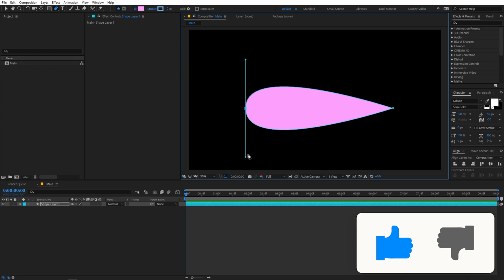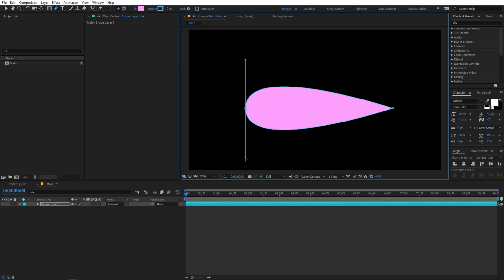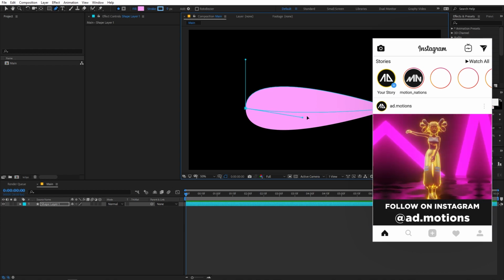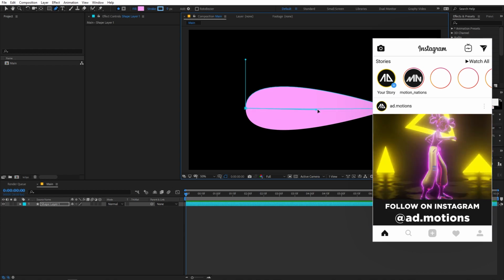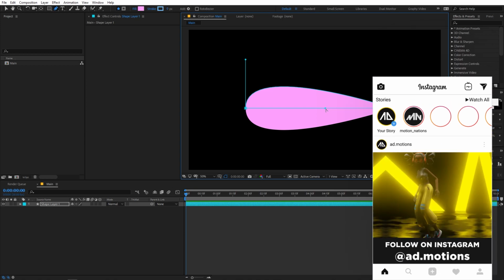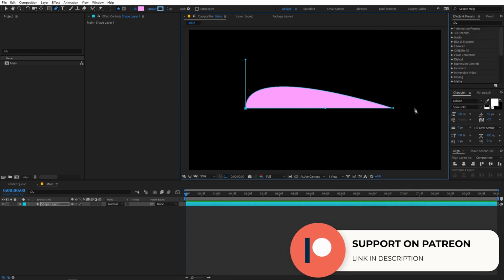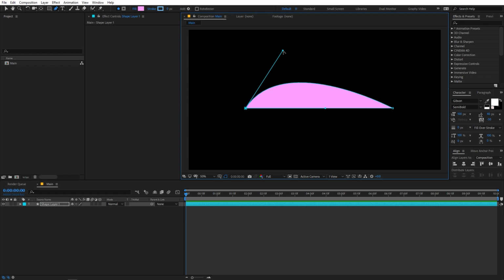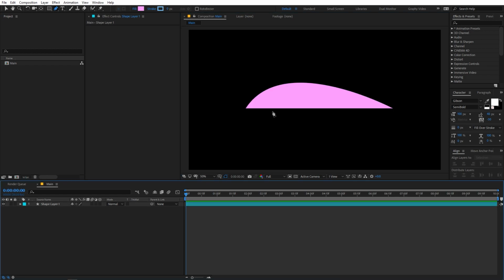After that you can hold down the Alt key or Option key on Mac and you can just simply take this and just make it a straight line, or you can hold down the shift as well so that it will make it a completely straight line, just like this. Now you can hold this handle and you can just play around with it, something like this. Yeah, so I think this is looking fine.